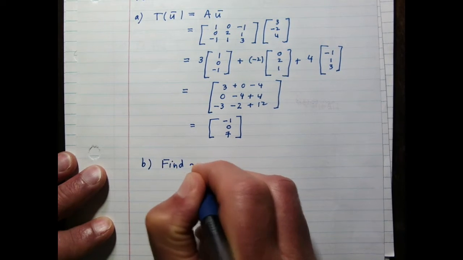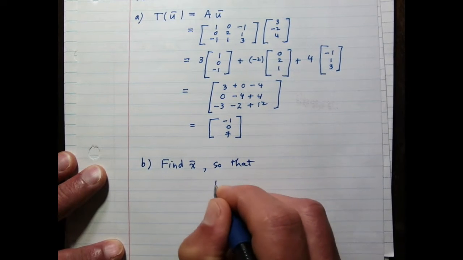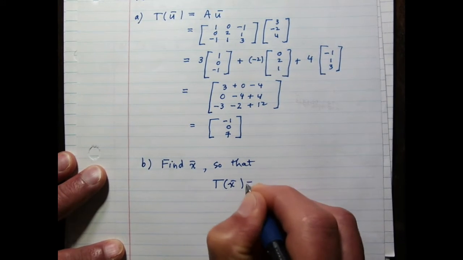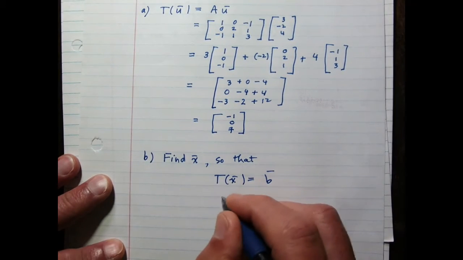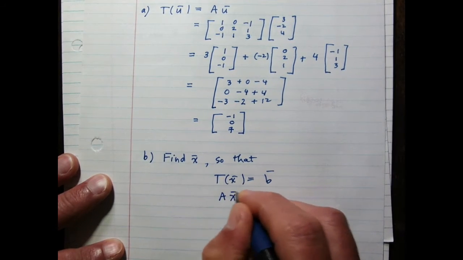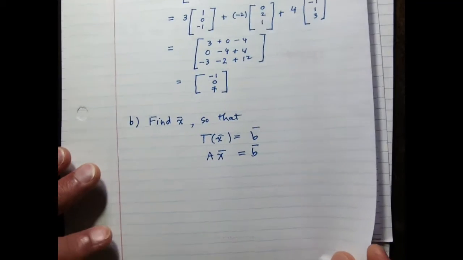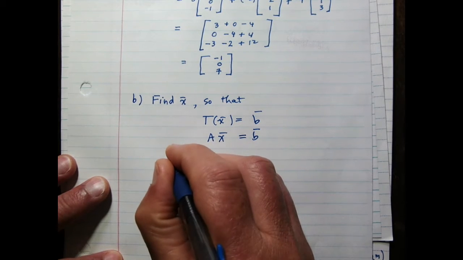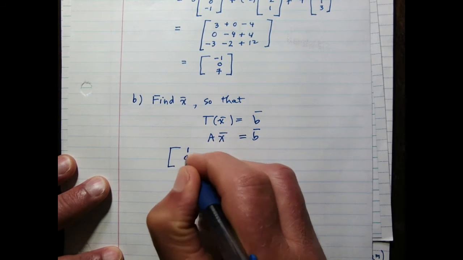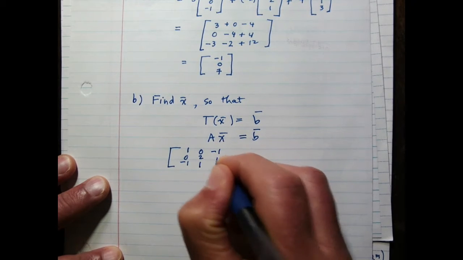Find x so that T of x equals b. And so T of x is going to be A times x. Notice that we're just solving a matrix equation, Ax equals b. Again, same matrix A, 1, 0, negative 1, 0, 2, 1, negative 1, 1, 3,